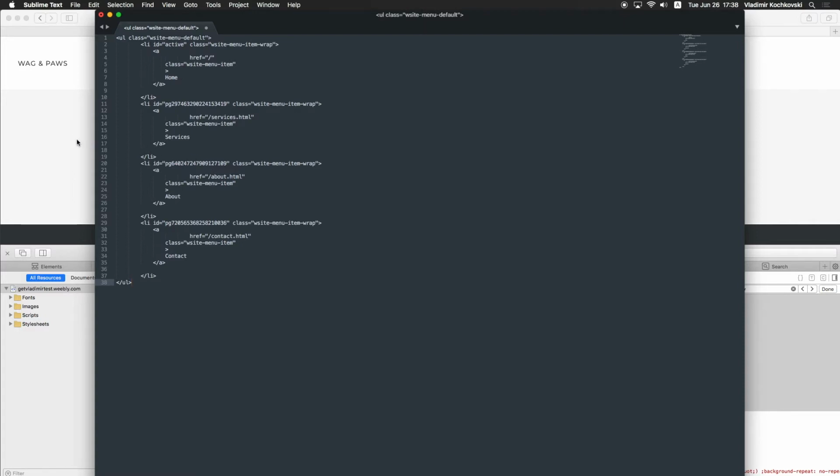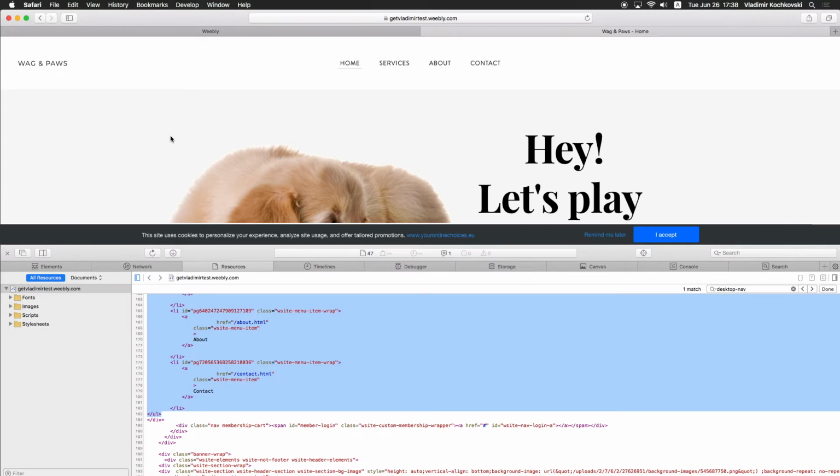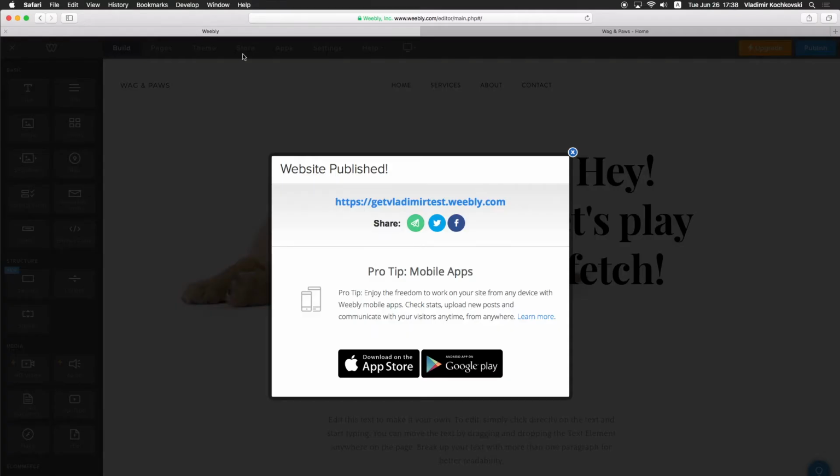Make sure to create a full backup of your website and your template before making any changes. It's always good to have a copy to revert to if you make any mistakes. Please also note that you're doing this procedure at your own risk.